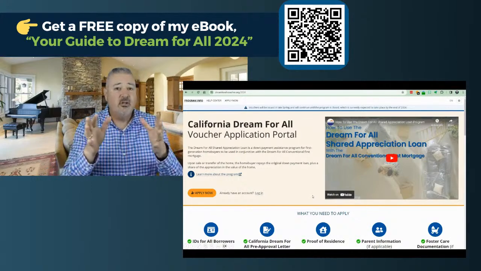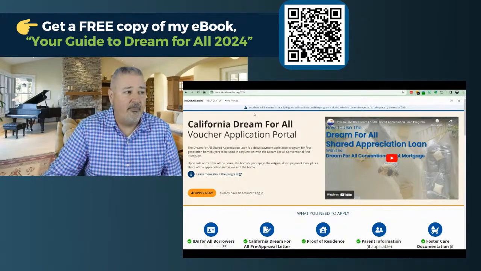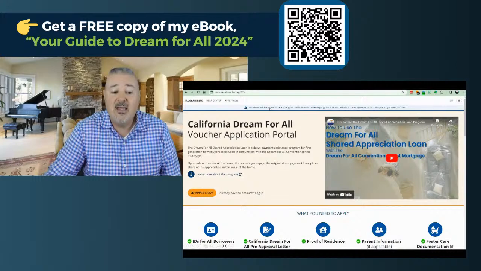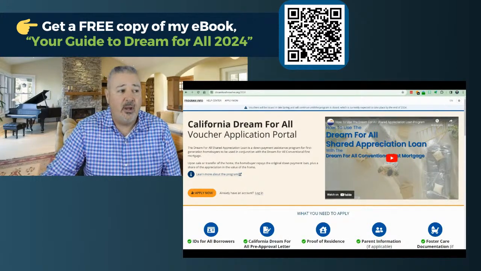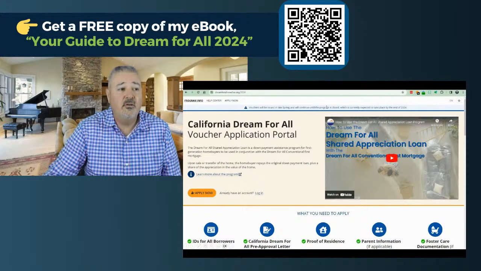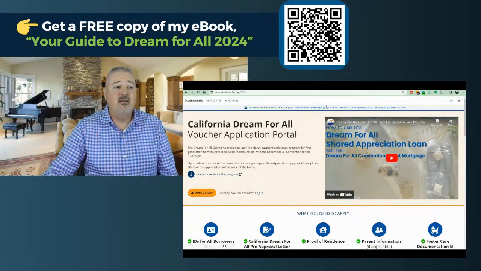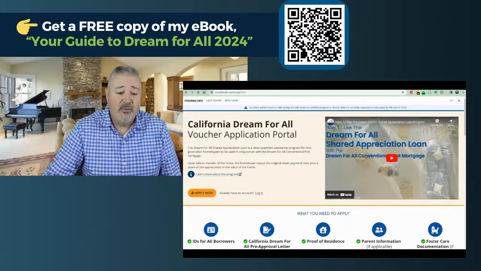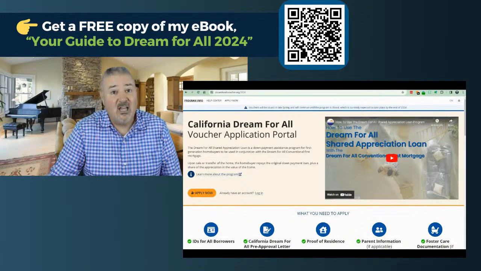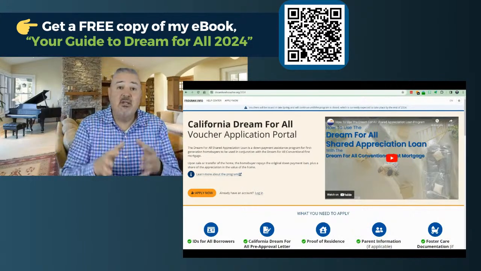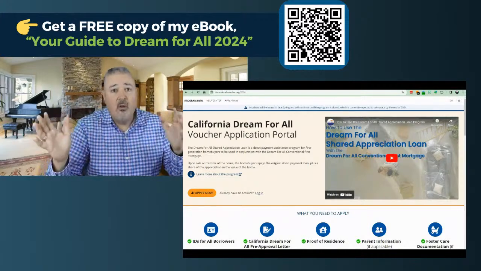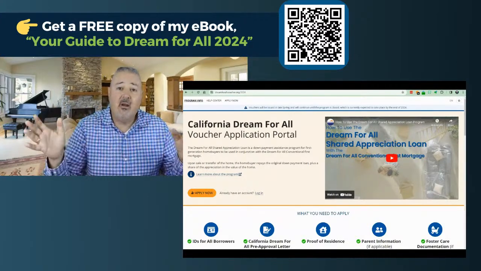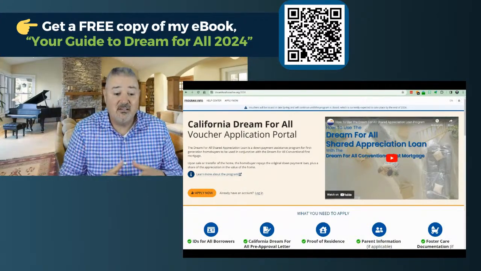So this first page, the first thing I noticed on the top, it says vouchers will be issued in late spring and will continue until the program is closed, which is currently expected to take place by the end of 2024. What did that tell us? Not a lot, nothing. We don't know when they're going to actually issue the vouchers. They've got to get all the people validated through the background private investigator process